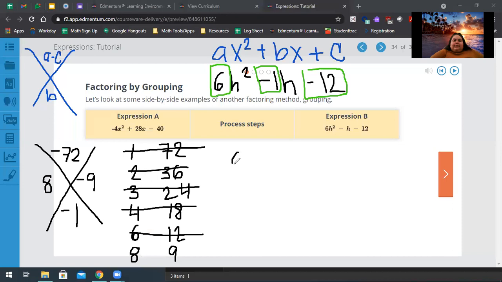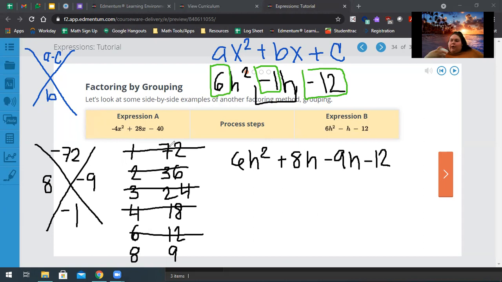So I'm going to have 6h squared. This piece will be replaced with the numbers I have here. So this is plus 8h minus 9h minus 12. So what we're going to do is, well, we just made it larger. Why would we want to make this larger? We're going to be able to group